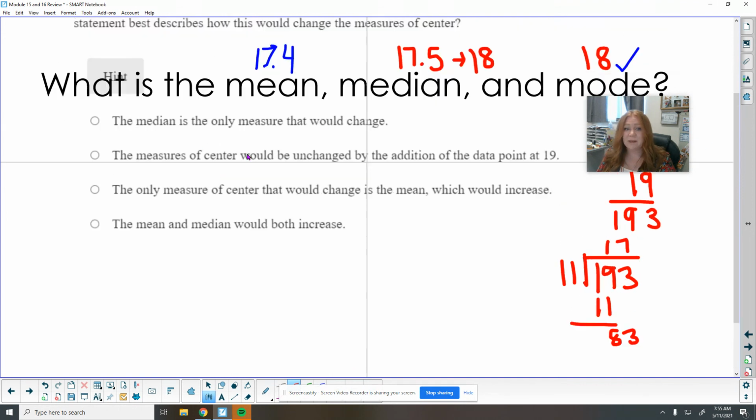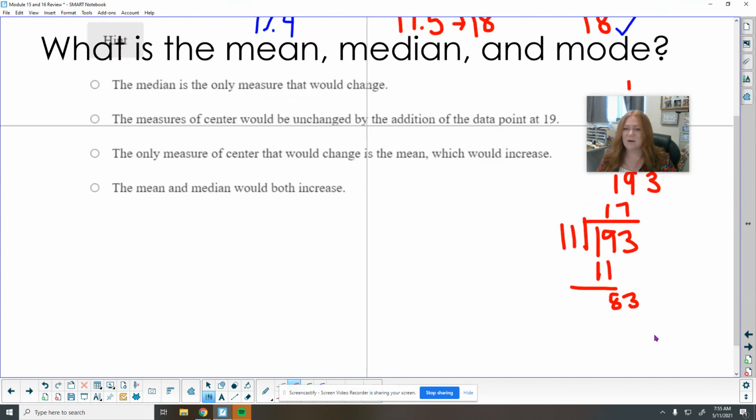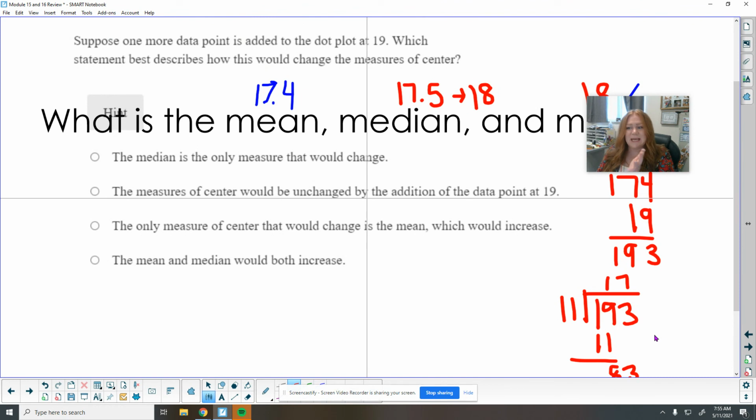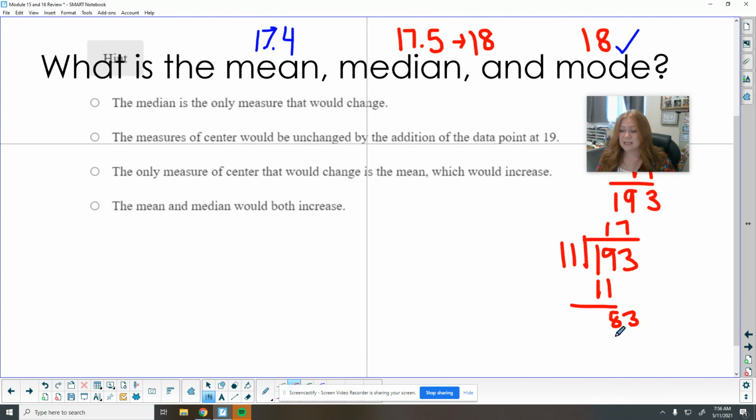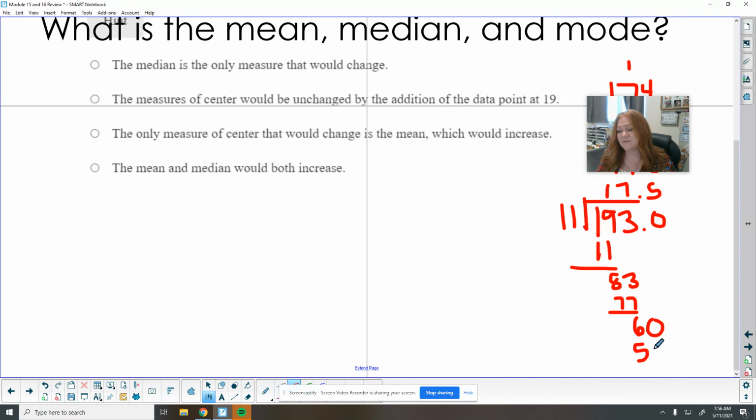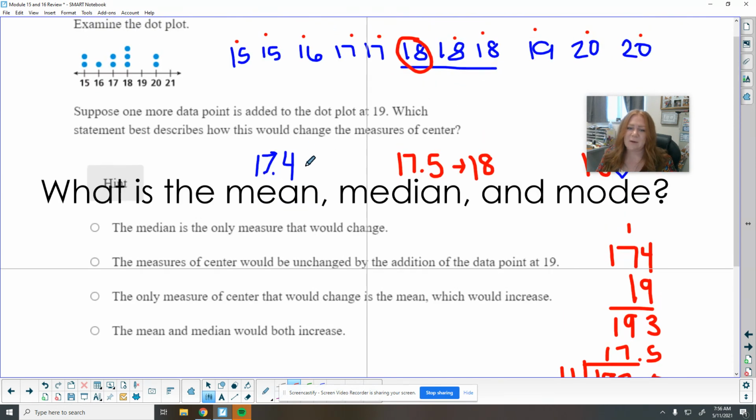So we're still about 17. So I might just bump it up a tiny bit more. So maybe it'll be about 7.5 now. So 11 goes in there 7 times, 77. So we've got 6 left over. So I'm going to add this decimal. 11 goes into 65 5 times, which is 55. And it's just going to keep going for a little while. So it's about